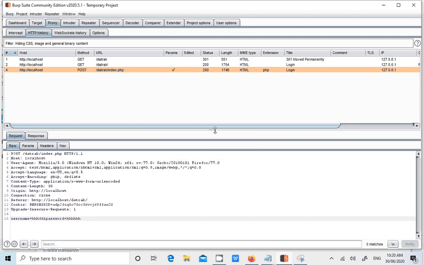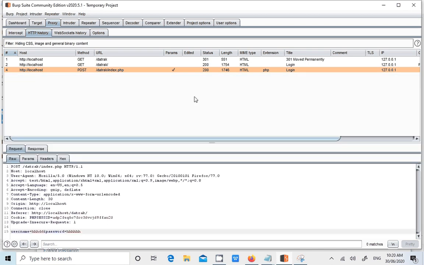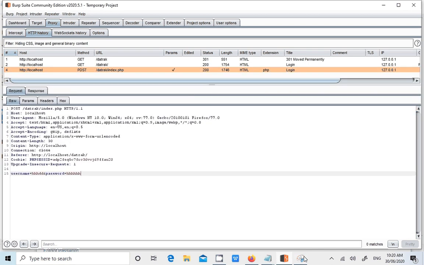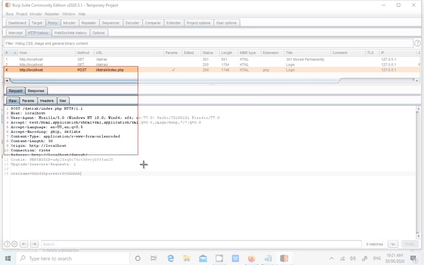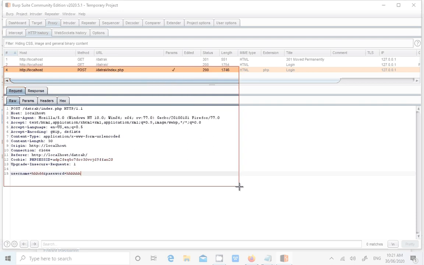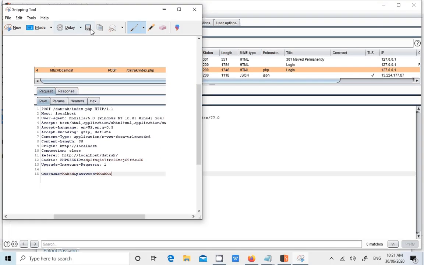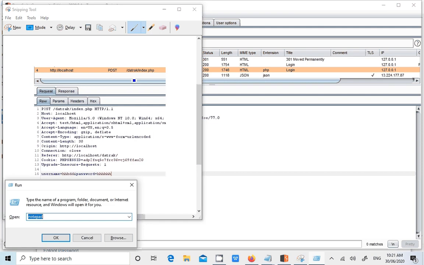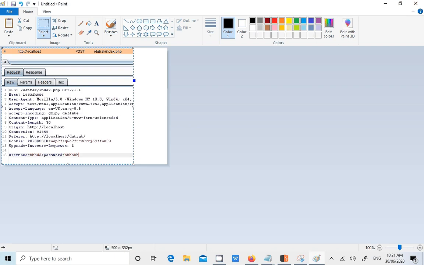Yes, you can also adjust the window. Can you see this, guys? I'm pulling this so that the screenshot looks small and neat. I don't need to take the screenshot all the way down, because we are focusing on the protocol, username and password, these three things. Now I'll open MS Paint. You have to take the screenshot this way only, guys, so that everything is very clear in one screenshot.